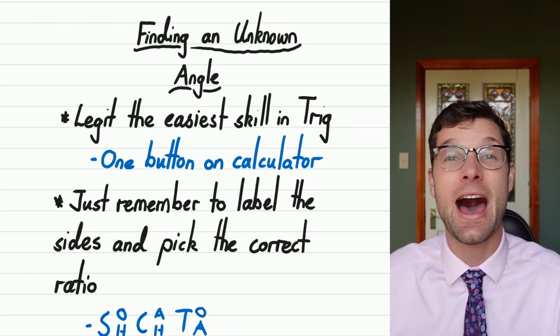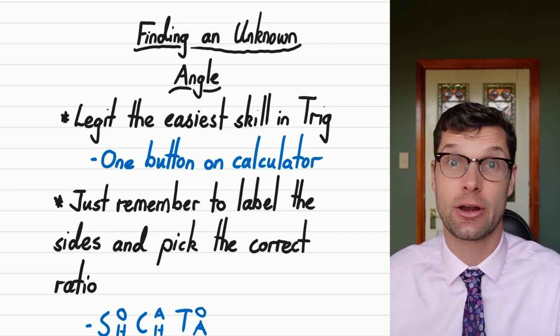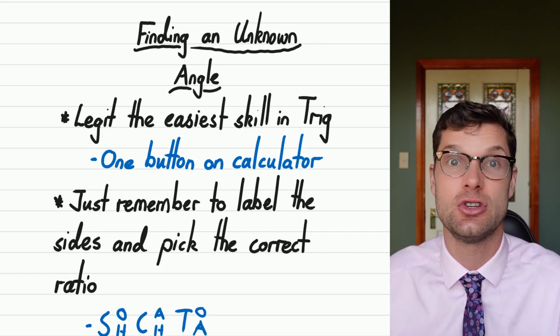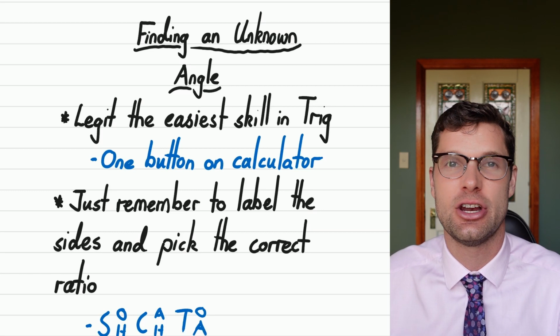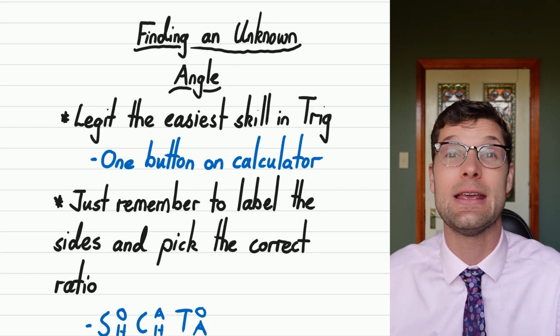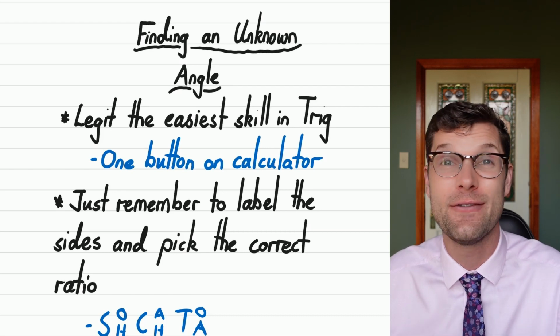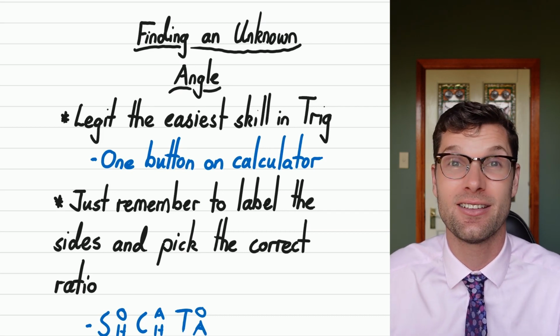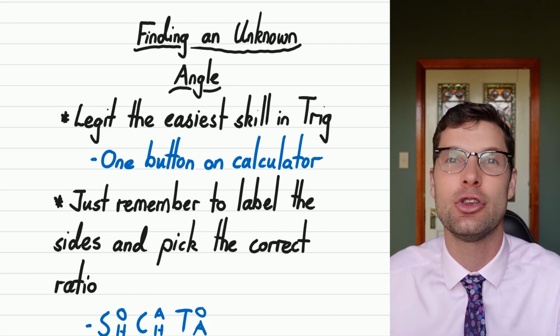Today we're going to find an unknown angle using trigonometry if we've been given two side lengths. This is legitimately the easiest skill in trigonometry. You do not have to do any maths whatsoever. All you've got to use is one button on the calculator, and if you can do that, you'll get full